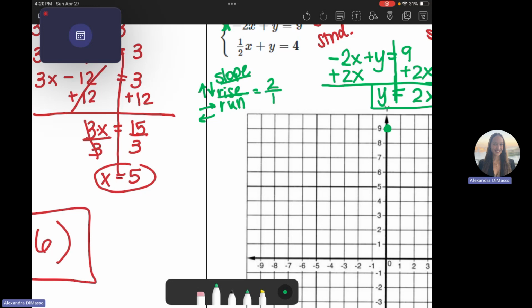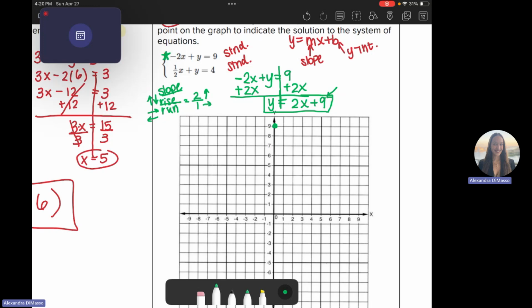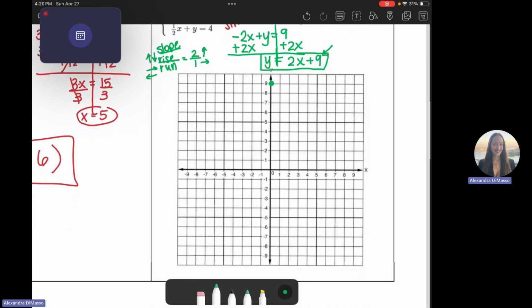Now, my slope is just 2, but I can rewrite it as a fraction as 2 over 1. This 2 on top, my rise, tells me since it's positive, that I go up 2. And then my 1 is also positive, which means I go to the right 1. So from this point, I go up 2 to the right 1, which is like over here. I also can go the opposite way. Instead of going up 2, I can go down 2 and to the left 1, down 2 to the left 1, and so on